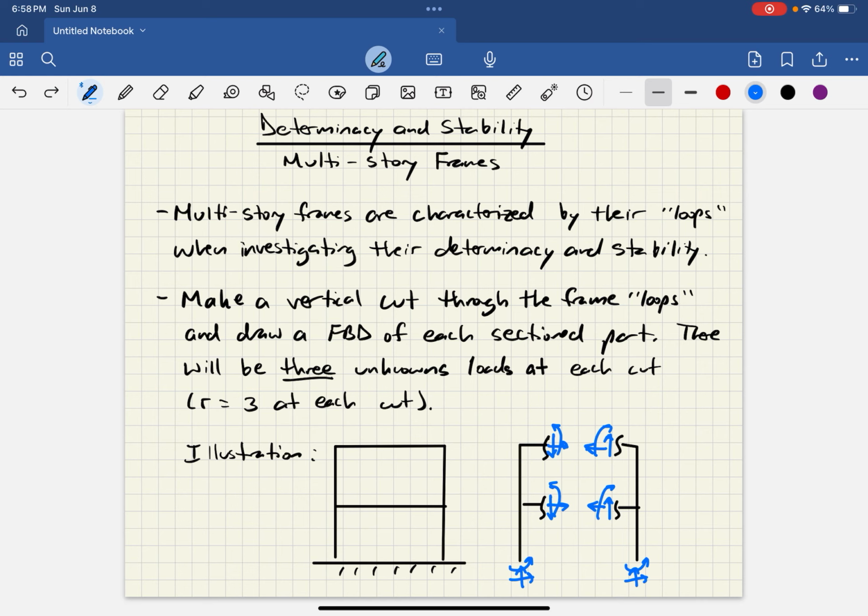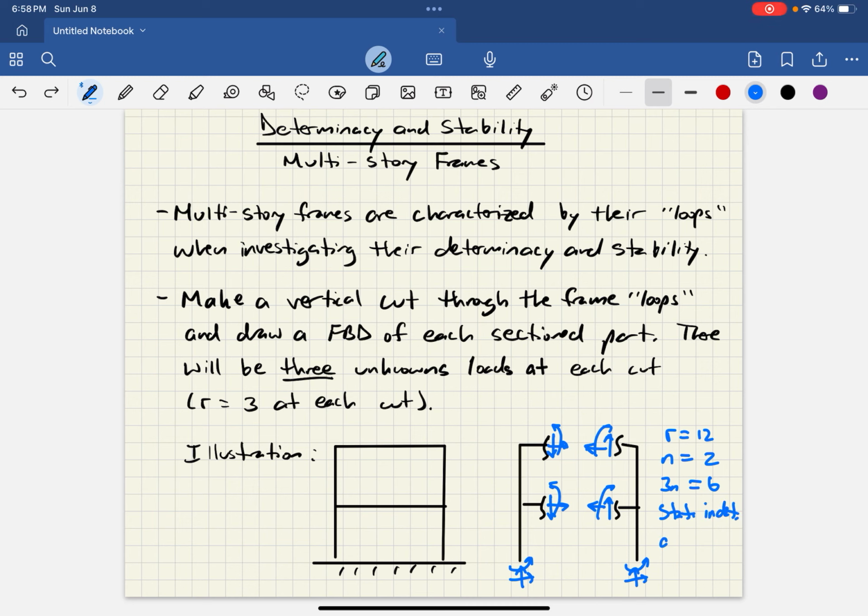And so when we count these all up, we count each cut as exposing 3, okay? Even though we see them show up as 6, but remember it's the same magnitude on each side of the cut, but opposite direction. So that only counts as 3, okay? So if you see here, we got 3, 6, 9, 12. So we're gonna say R equals 12, N equals 2, and 3N is gonna be 6, okay? And so this is gonna be statically